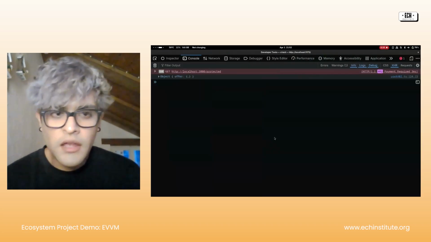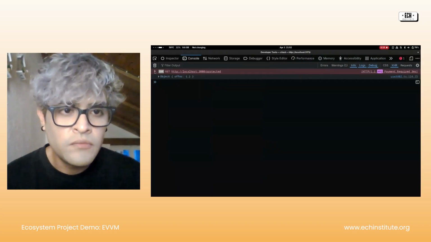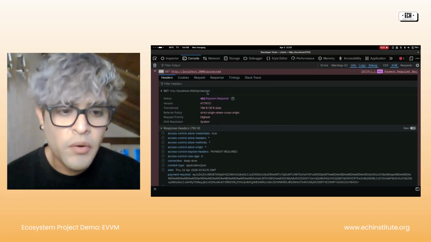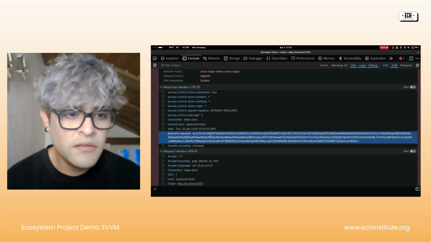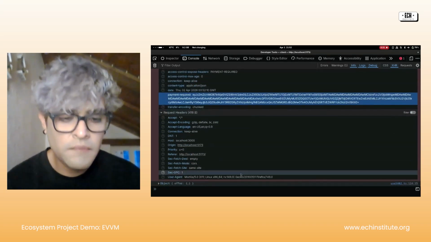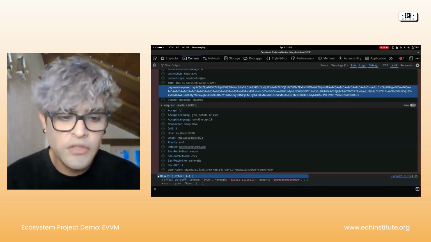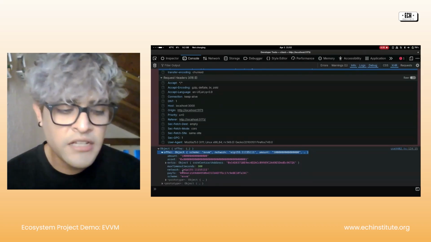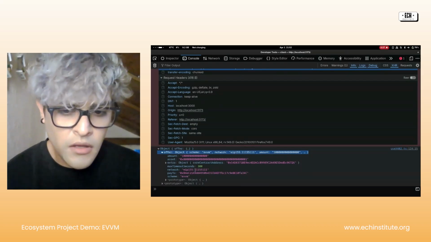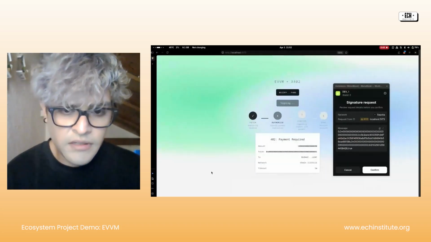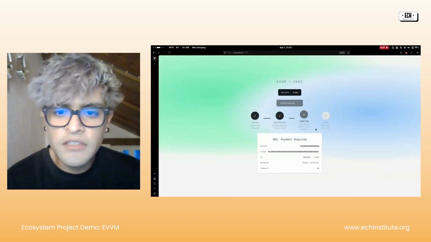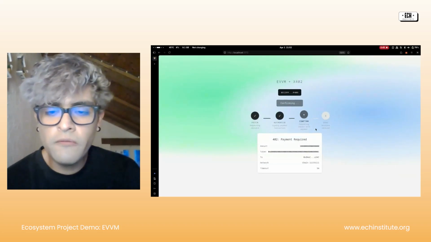So right now we are getting the payment required. As you can see, we get the status and all the inputs necessary to execute it using EVVM with X402. So I'm going to skip some parts. After this, we authorize and we confirm the payment.